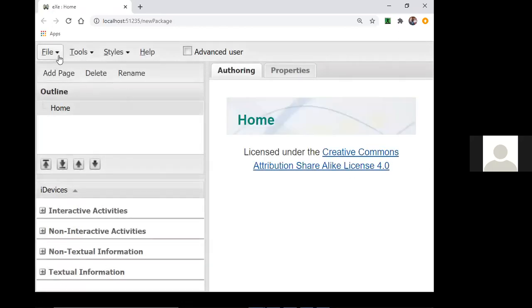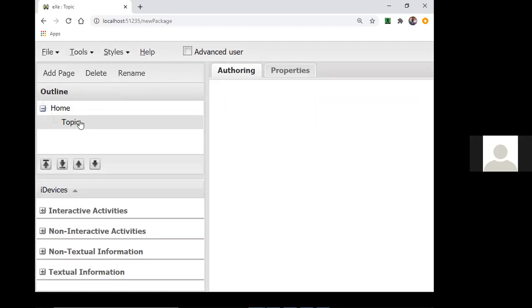In your home page, these are the tabs and tools that you can use to start your authoring. For example, in the authoring, you want to add a page. It's more or less like a topic or a lesson planning guide, but in real sense, this is something you'll export onto a learning management system or just save into a flash and share with the learners. So with regard to this, I've added a page and I want to rename it.